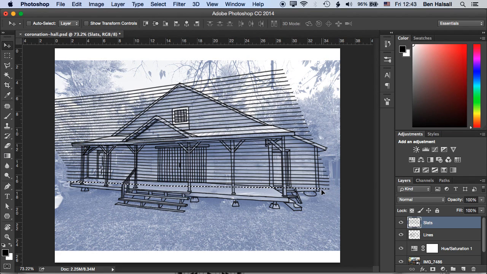Now, because we're on a separate layer, really simply now we can go in and we can erase the areas that we don't need. Now, if you're doing this for the first time, I'd recommend that maybe you duplicate your layer just so that you have a backup of it. So I'm going to do that. If I grab these slats, just grab this down to the new layer panel here. I'm going to turn that copy off and go back to my original slats layer,